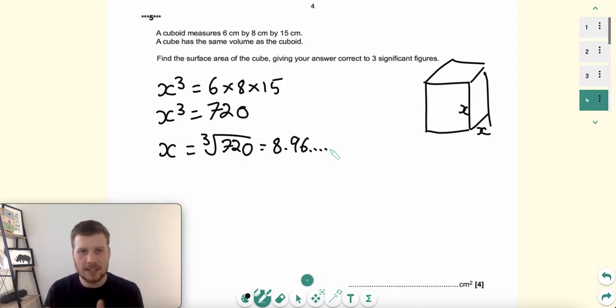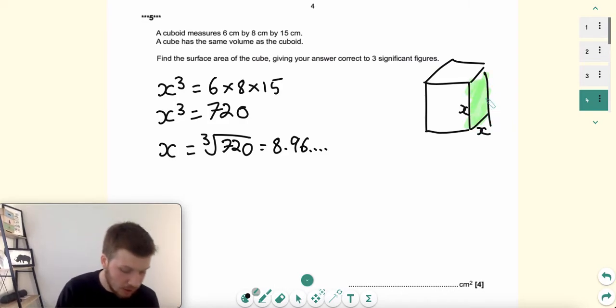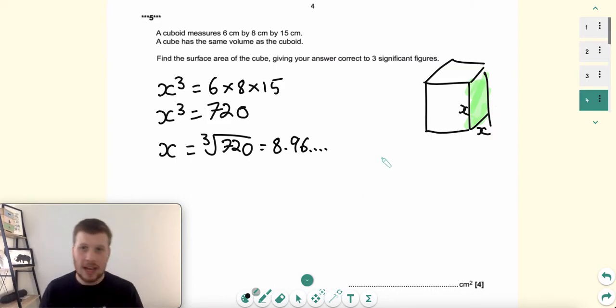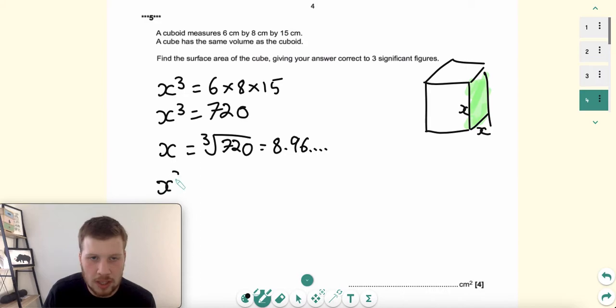So if that's x, to work out the area of a cube, I first of all need to work out one of the faces. So I'm going to work out this side here by doing x squared. So I'll square my value. And then I need 6 of them, so I'm going to multiply it by 6. So therefore I'm going to look at x squared, and I want to multiply it by 6, so I'm going to look at 6x squared. Working that out on my calculator will give me